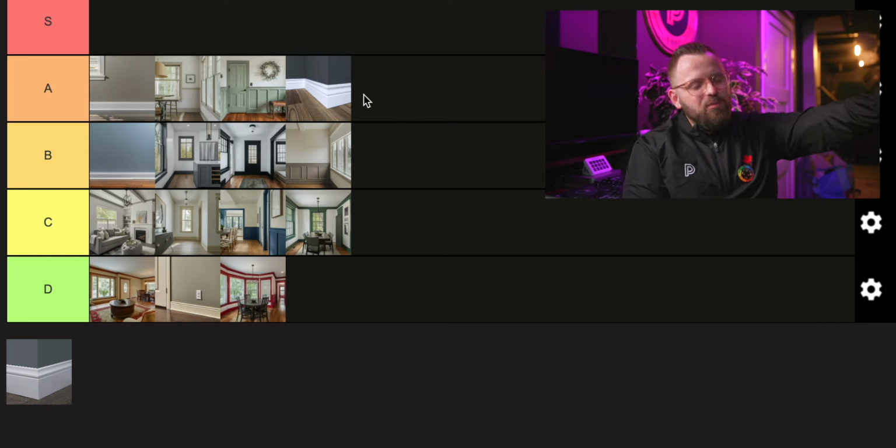So I try to steer people clear of those bright, mega vibrant whites that exist, especially on things like walls, but also on trim. I feel like it's not always the best decision to just immediately go right for the brightest. So I am talking about Chantilly lace. I'm talking about high reflective white. The ultra bright whites, they're good. They're A tier. I mean, they're gonna give you a really nice crisp trim, but they're not gonna be my